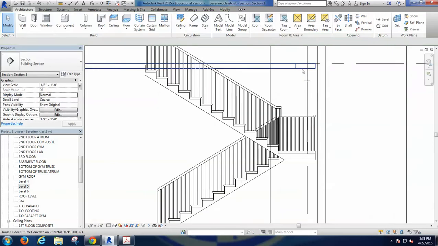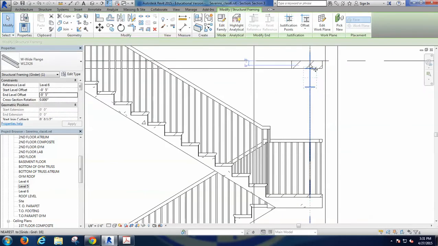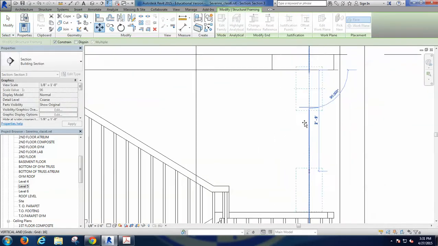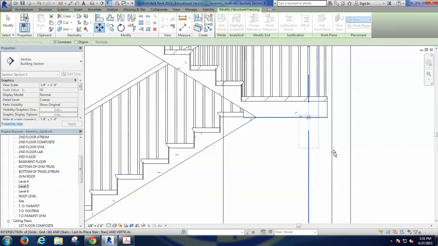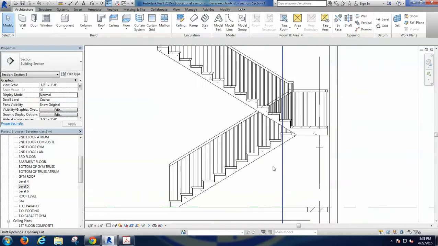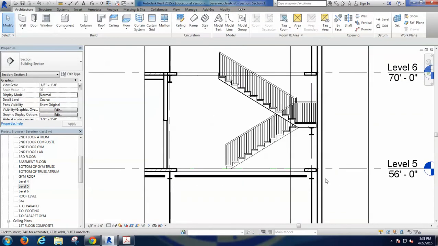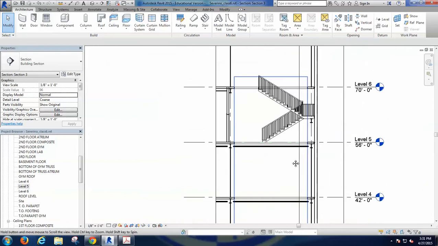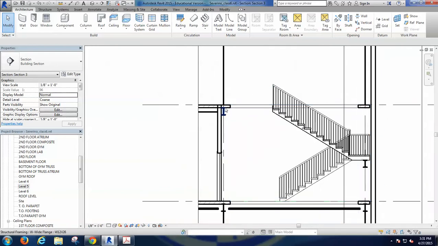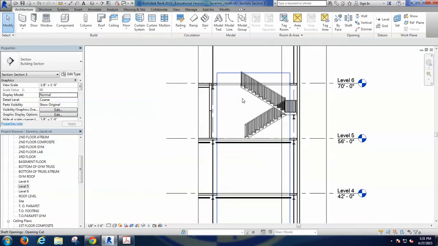So TL again, I'm going to take that beam and move it at this point to the landing right there. Okay, TL, this is pretty much how it's going to look. That's going to happen in every step, but again, we need to fix the flooring. Right? For that, we need to fix